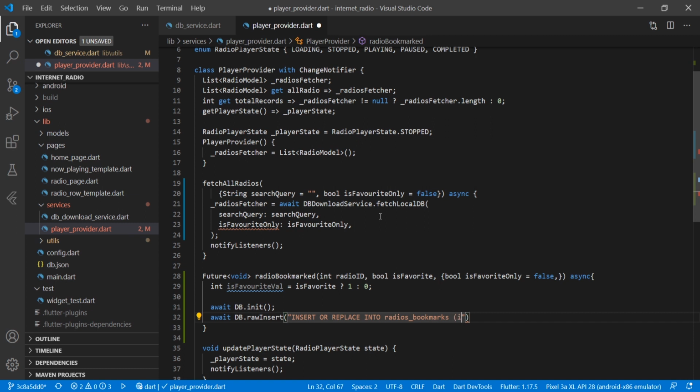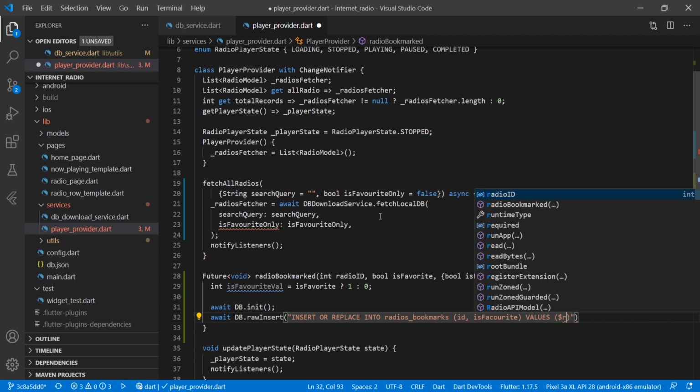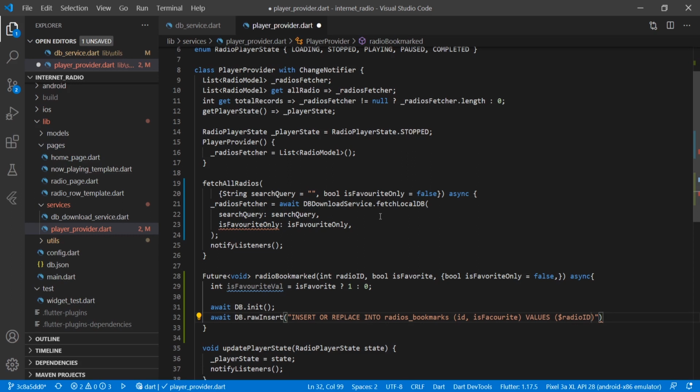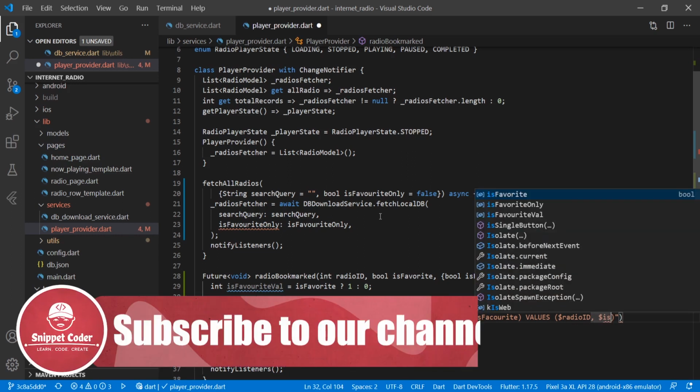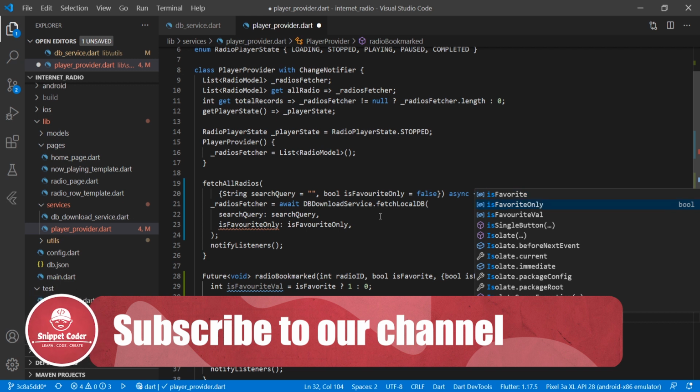then we are passing here id, isFavorite. Then values we are passing here $, then we are passing radio ID, $, then we have isFavorite val.